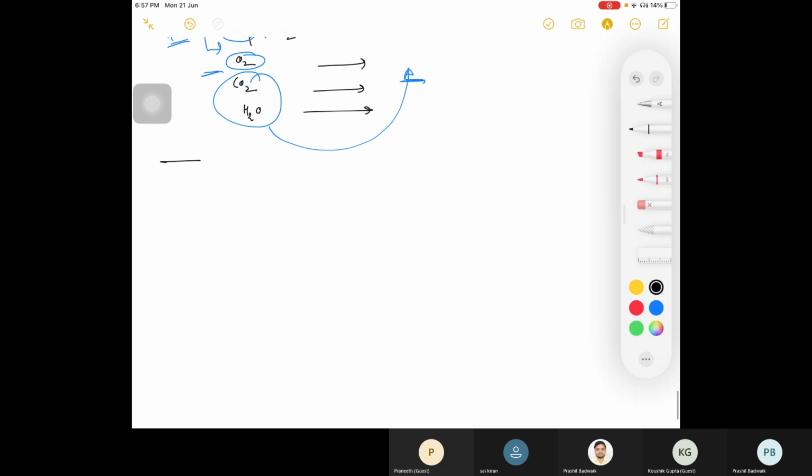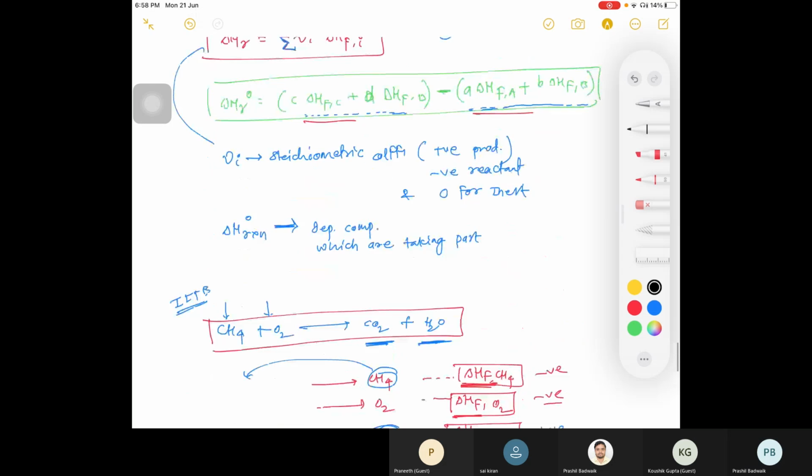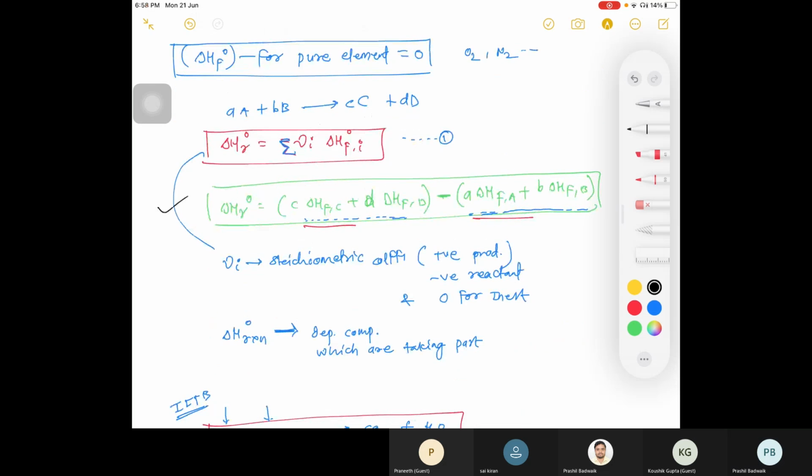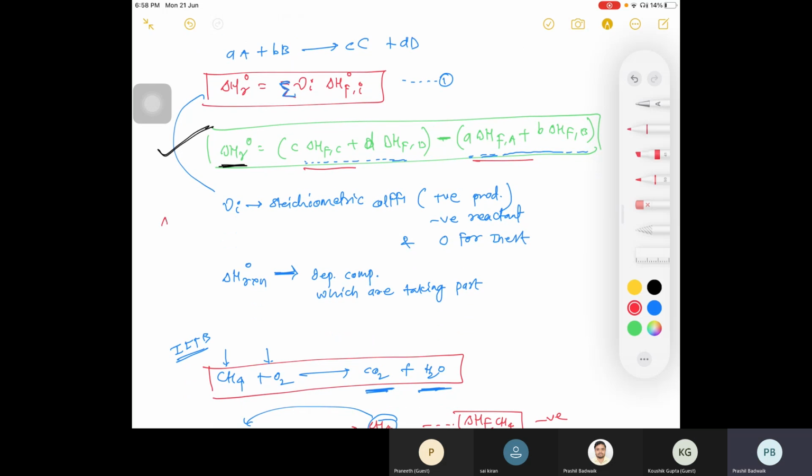Now, the equation I wrote down, which one was that? This is your equation. What will be your delta H of reaction per mole of your limiting reactant A? Suppose A is your limiting reactant, then you will take out A as common, right, per mole of A. So you will write delta H of reaction standard per mole of A. You take out common from all, so you will get per mole A.